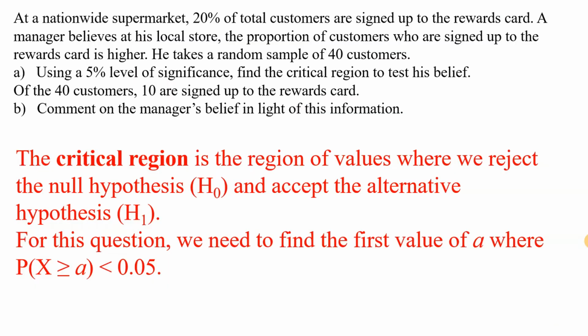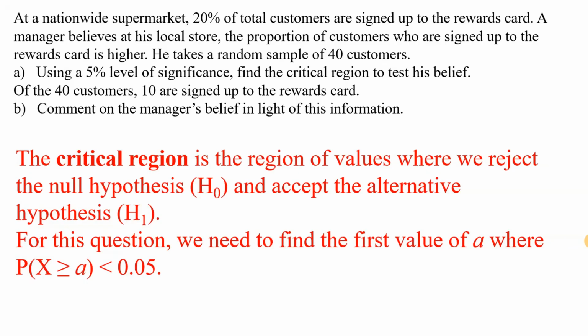Okay, so here's another example question where we're told at a nationwide supermarket, 20% of total customers are signed up to the rewards card. A manager believes at his local store, the proportion of customers who are signed up to the rewards card is higher. He takes a random sample of 40 customers. For part A, using a 5% level of significance, we need to find the critical region to test his belief. Okay, so once again, the critical region is the region of values where we reject the null hypothesis and accept